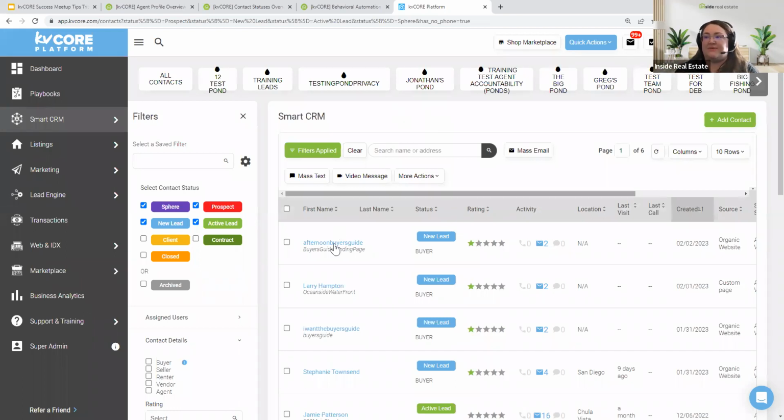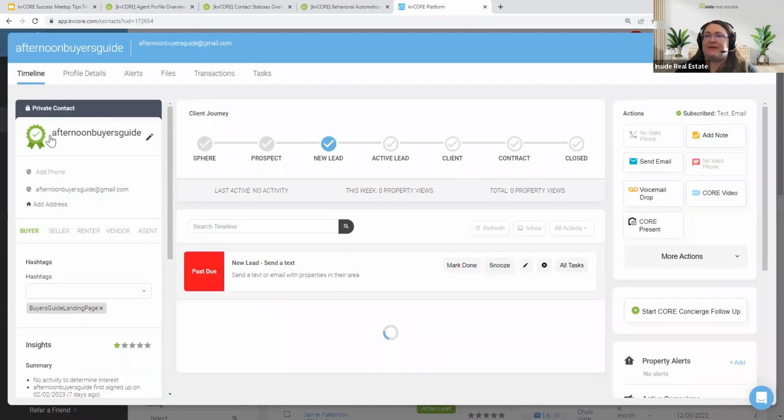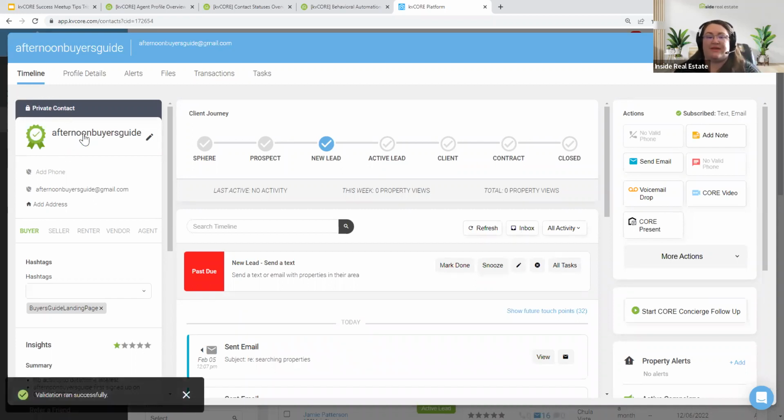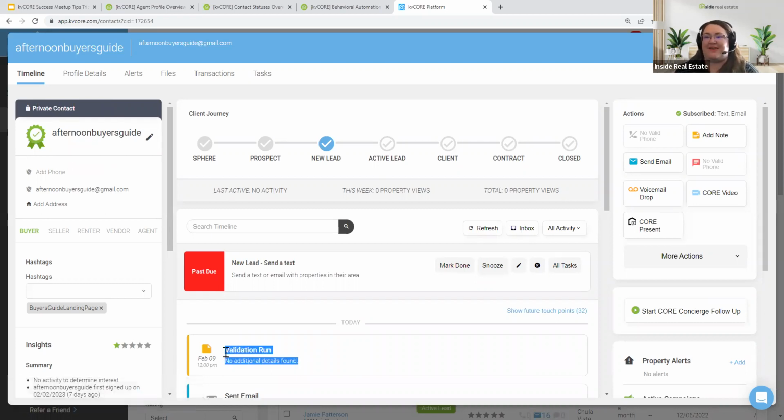You could also, one thing that KVCore does is we verify, we validate all of your consumers. So we look in publicly available information and see if we have any details about them. I don't, because this is a fake number, but sometimes it'll pull up phone numbers, sometimes it'll pull up social media accounts, and you can do some research. Go on Facebook. Some people have their phone number on there. You can friend them. You can see if their phone number's on there. You can message them. You can do all kinds of things.